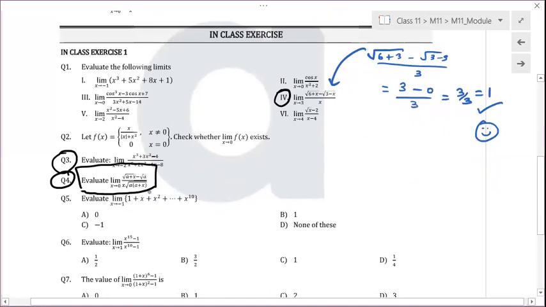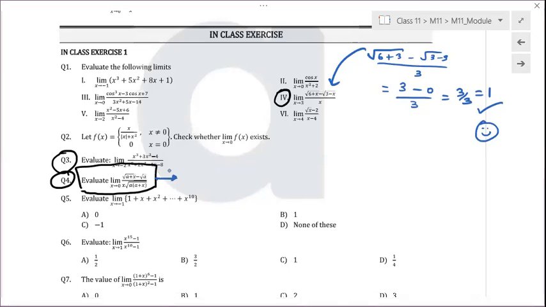In the same way, for question number 4, if I release the limit over here, if I put the limit x tends to 0, that is I am putting x equal to 0, then this will be root(a plus 0) minus root a, divided by x, which is 0. And this is your root a, into a, so root a minus root a is 0. Okay, so this will give you 0 by 0 form. So it is an indeterminate form. Now you have to think of options, what you can do over here.